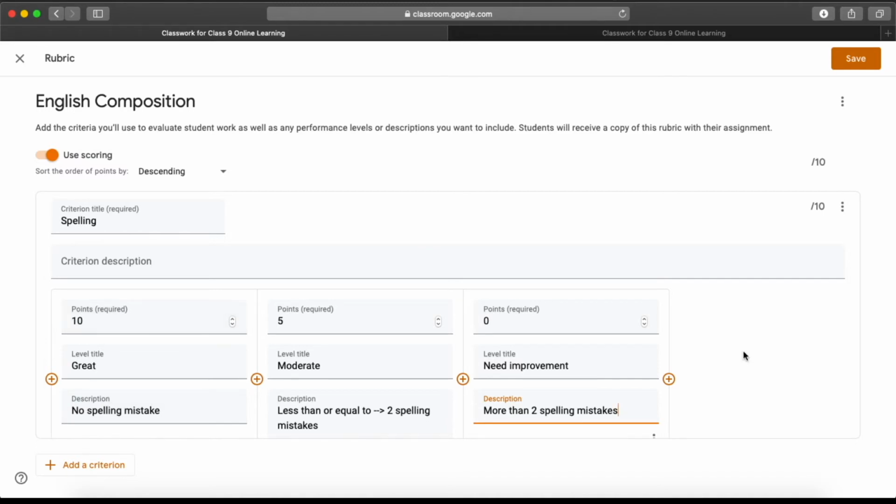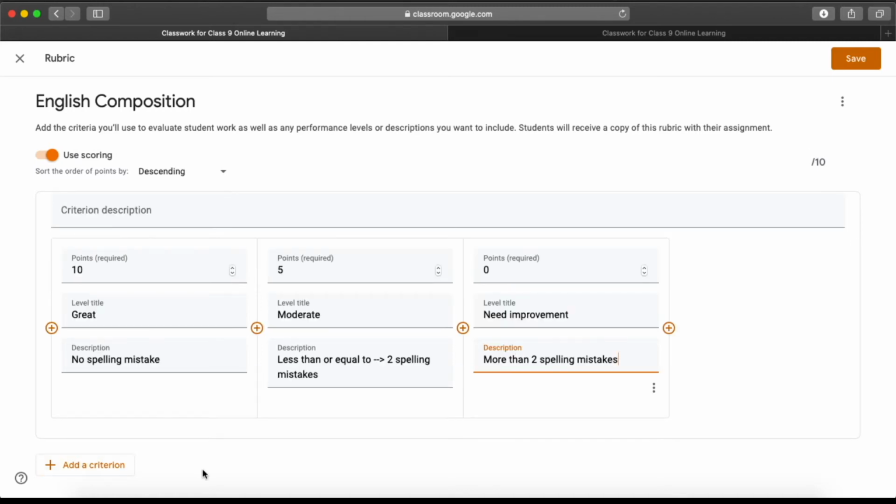Now there is another thing to observe here. We mentioned 3 marks here, right? 3 types of points. First one is 0, second one is 5, third one is 10, and 10 is the highest. Here you can see it already calculated that the highest mark is 10. So in this particular criterion, a student can earn a maximum of 10. So that is why /10 has been added. And on top of that, this is the total one. We'll come back to the total in the next step once we add another criterion.